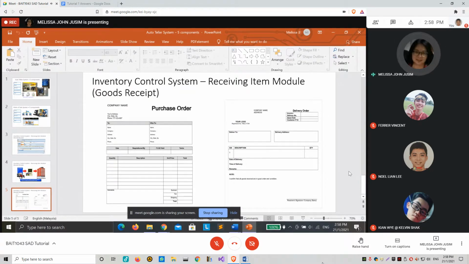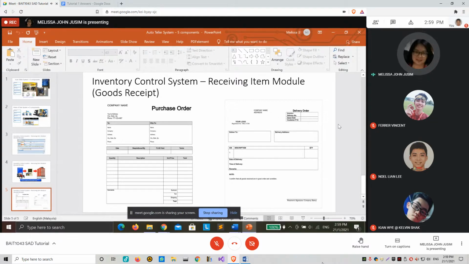In my slide, I only show you the difference between PO and DO. Sometimes the receiver needs to print something from the system, which is the GRN. What is GRN? Goods received note.